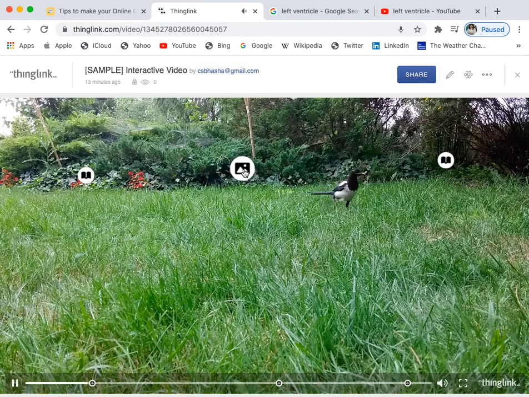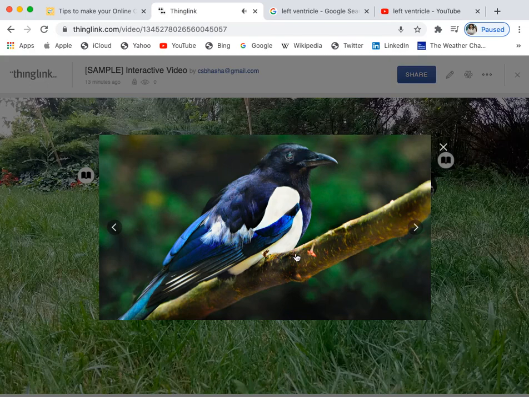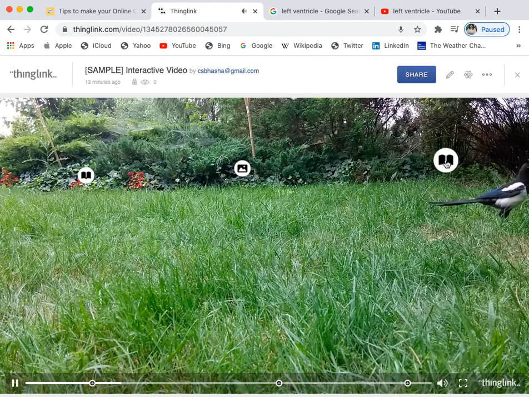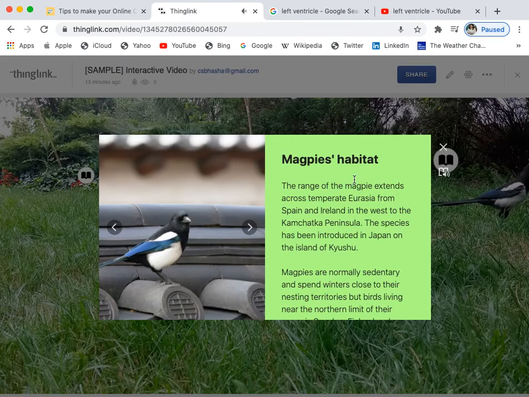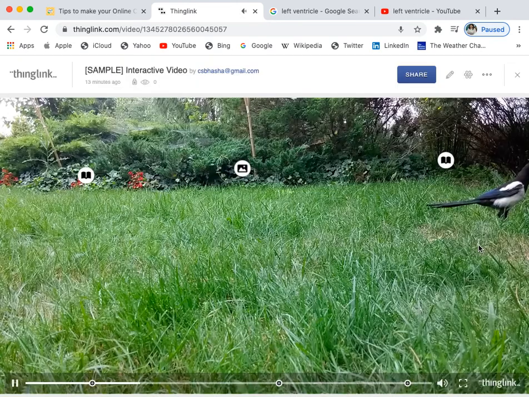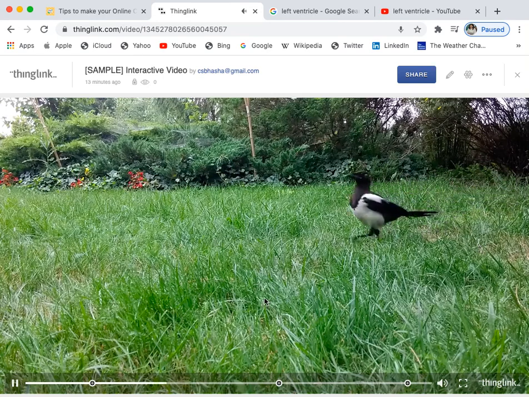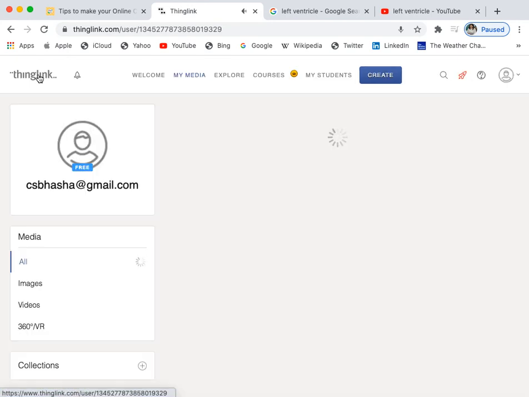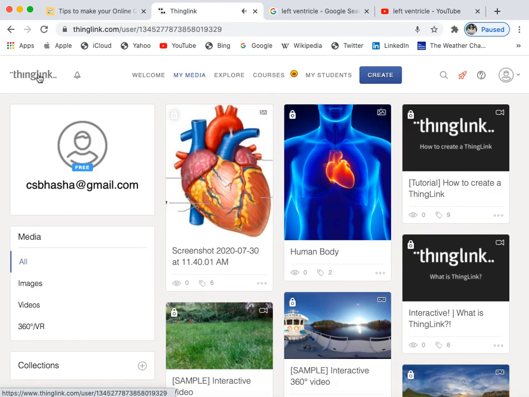Similarly, you're talking about this one. It will tell you which pictures. We have further pictures which are associated with this one, so you can have a lot of pictures. Similarly, if you want to know more about the habitat, this way you can have a lot of information, where you can even have it in your videos also. Okay, so this way you can create a very, very interactive and interesting presentation with your children, the way I've just done it with two things.